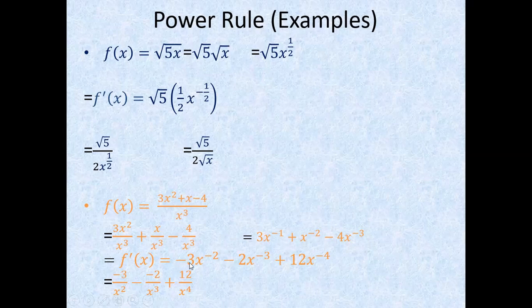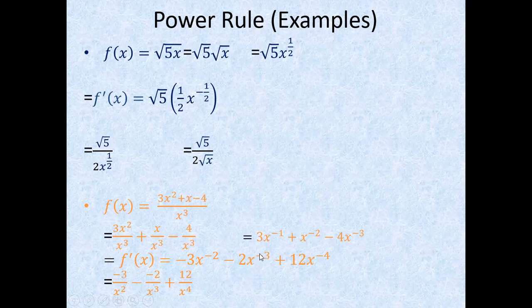f prime of x equals minus 3x power minus 2. Why minus 2 here? Because by the rule we pull out minus 1 to the front, it will be multiplied by this 3. This 3 will become 3 times minus 1, minus 3. So by the rule, in the powers we subtract 1: this is a power minus 1, and by the rule we subtract 1 here. Minus 1 and minus 1 will become minus 2. So, in numbers, the power will get higher. Okay, minus 3 x power minus 2 minus